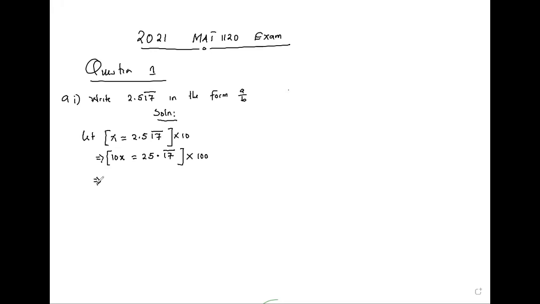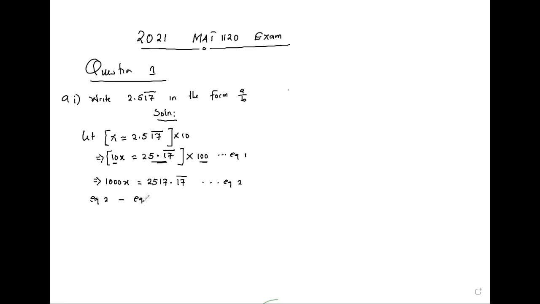So we are multiplying 10 times 100 to get 1000x. When you multiply this by 100, the decimal point will move 2 steps to the right, and then we remain with the same, because bar means 171717. So when you just move 17, you still have so many 17s that you can just put under the bar to mean the same thing. So this was our equation 1. Now we have our equation 2. It was equation 1 before we multiplied by 100. So now when we say equation 2